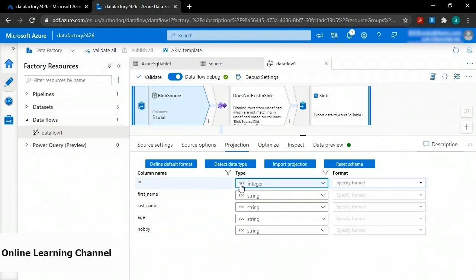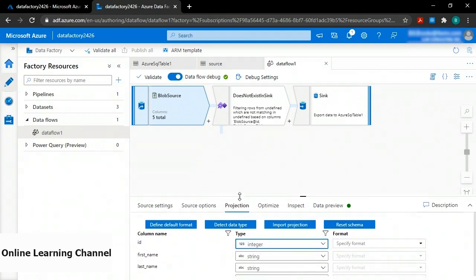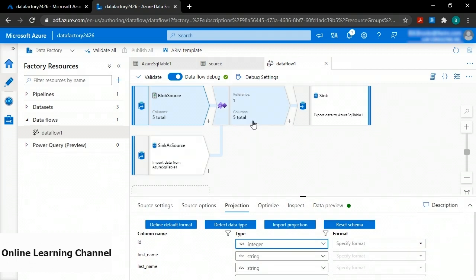So the column name ID came in as a string, and I changed it to integer. The next step is going to check to see whether the records that are coming in are new. In other words, they do not exist in the sink. That's important because when you're doing an incremental load, you only want to load the records that do not yet exist. So how I do that is, if you take a look at